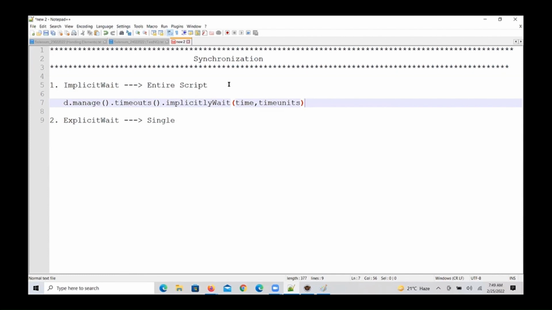What is d? d is a driver object. Okay, driver object. What are the drivers we have? ChromeDriver, FirefoxDriver, EdgeDriver, right? We have drivers. First, create that object. Create an object for the drivers. And then